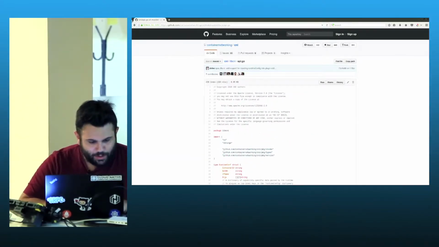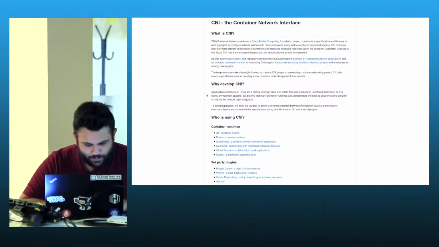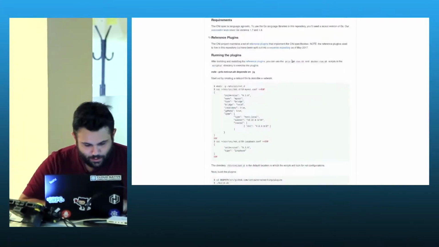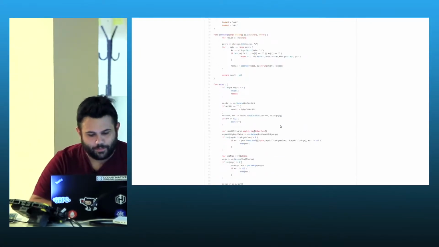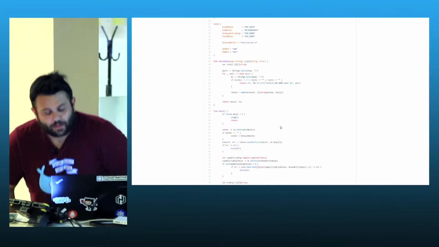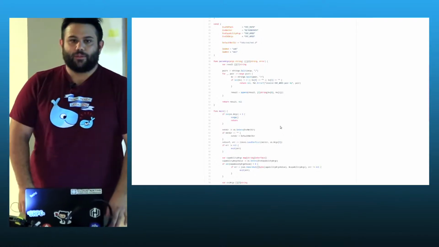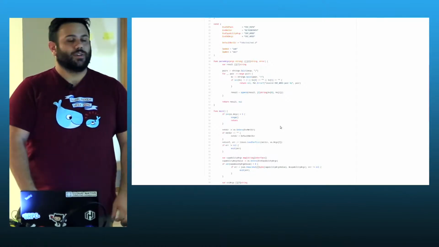This is the library used by the clients. The thing is very simple in terms of how it's implemented.